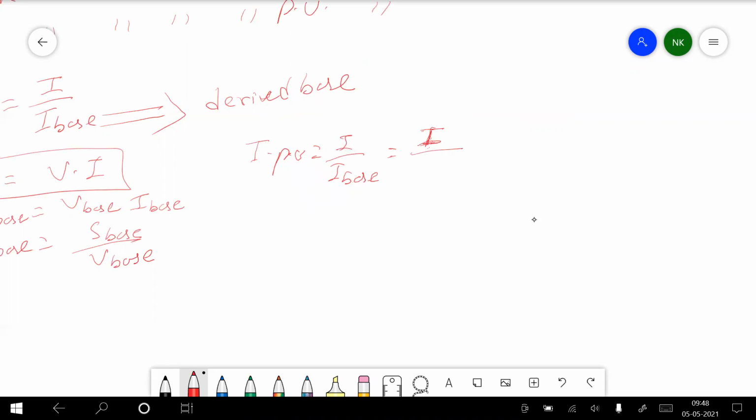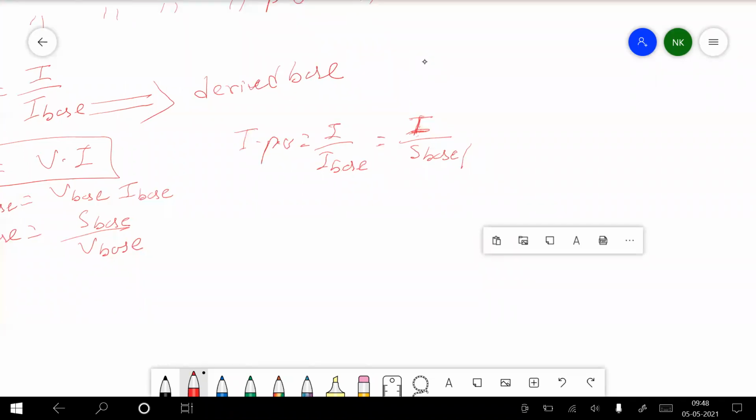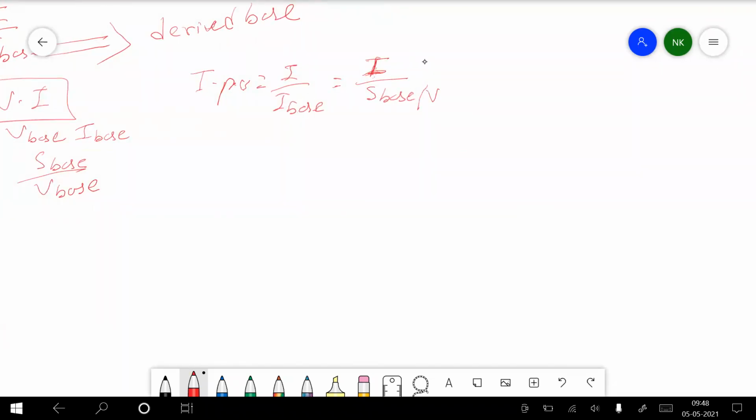What is I base? I base is your S base by V base, right? So it can be written as your I into